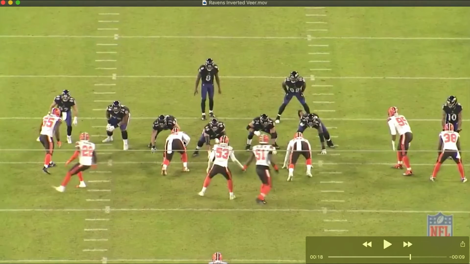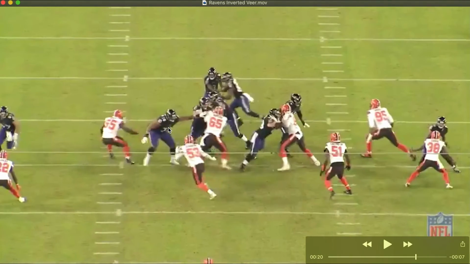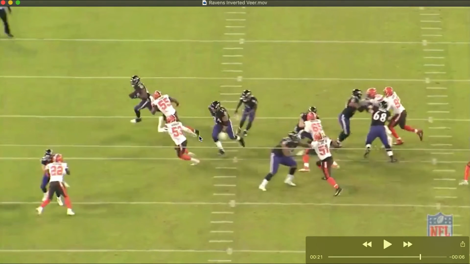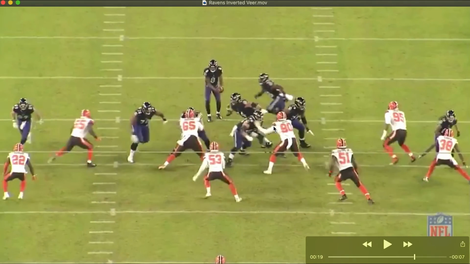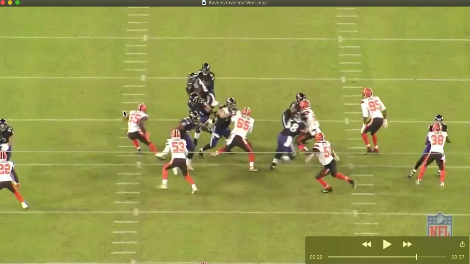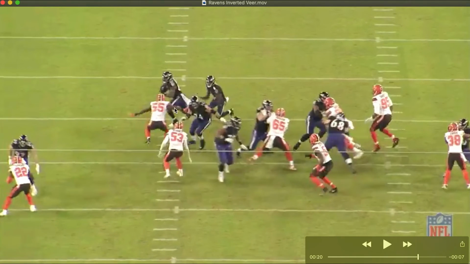On the front side of the play, we get these down blocks again, just trying to wash players down the line of scrimmage, get Ogunjobi inside here, and the tackle's going to make sure he goes inside and then try to climb to get that weak side linebacker here. Left guard is going to pull around. In this case, he's going to leave Avery because they're optioning Avery, and he's going to wrap to get Schobert,